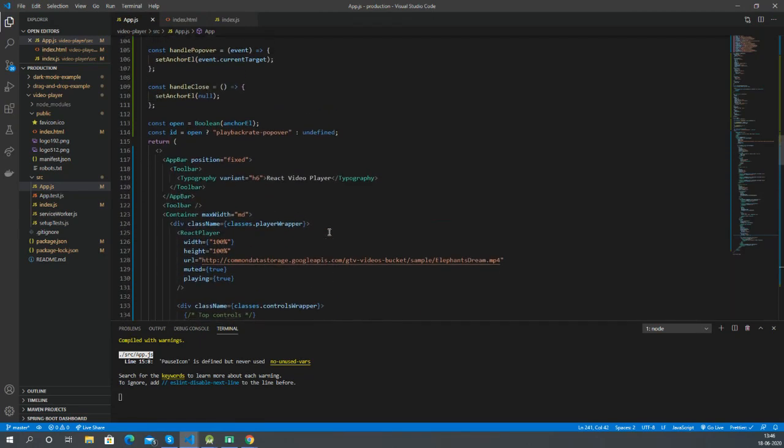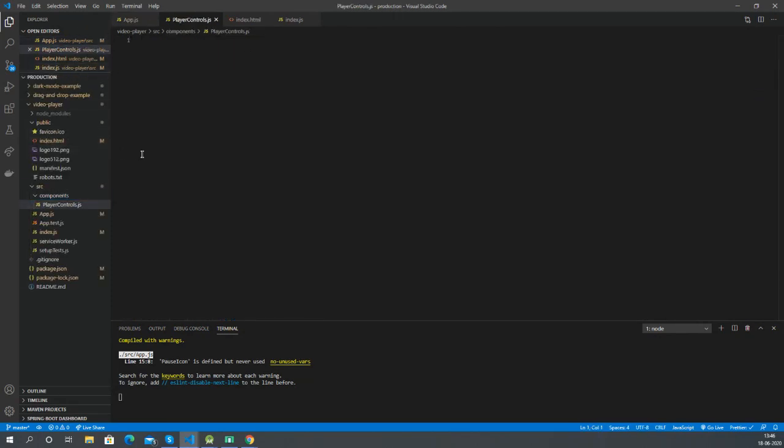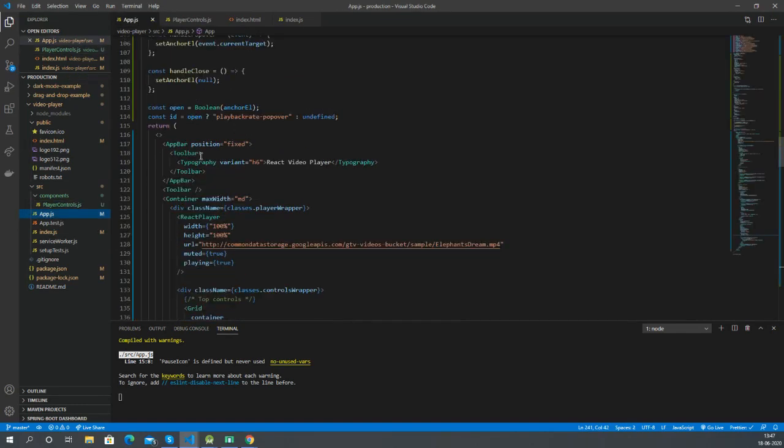Now let's look, but all our code is inside the app.js component. Let's make another components folder and move the player to that. So we'll add a player controls file. Now let's cut the controls wrapper.